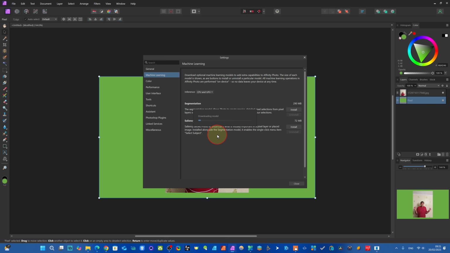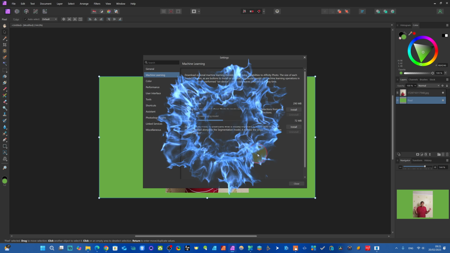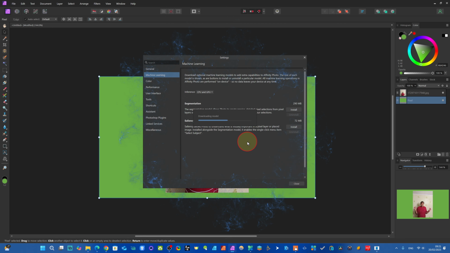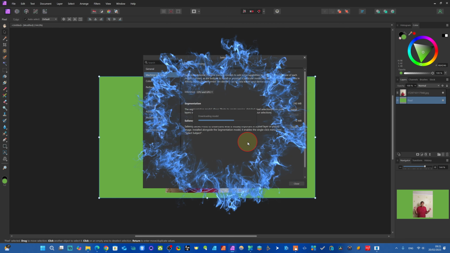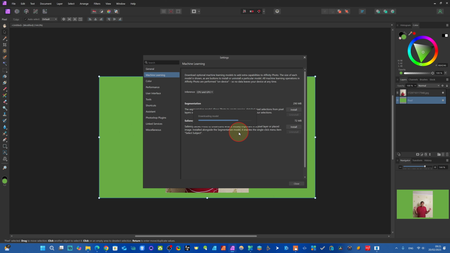We are downloading. Very soon we will have these two modules downloaded, and we will start the AI selection tools and see how they help us, because I make YouTube thumbnails. So these features are very important for me. I had been waiting for these features for a long time, dear friend. See, we have just downloaded this one, and now I want to download the other one, because we will also use it for our object selection tool. These two modules are very important, and you have to download them like this. Follow all the features, dear friend.